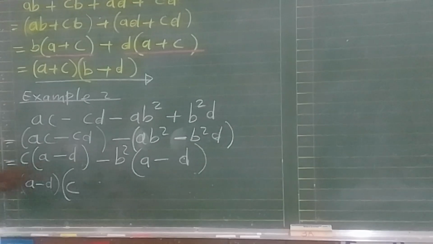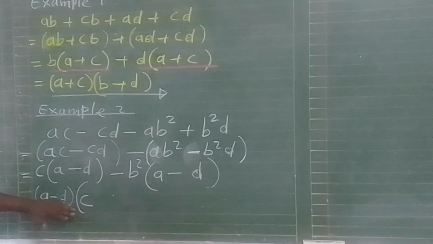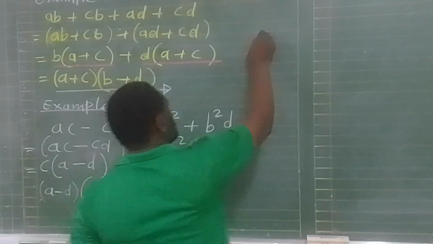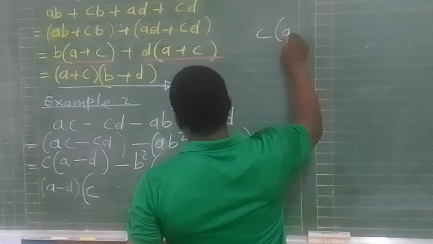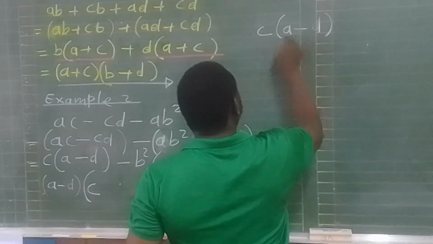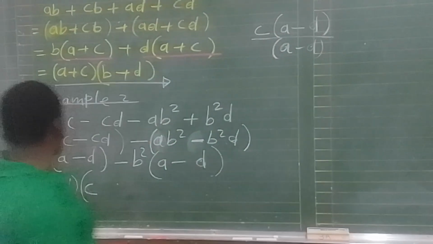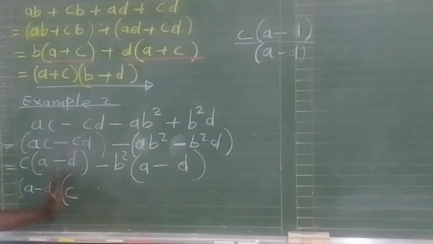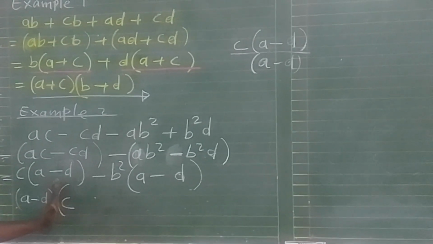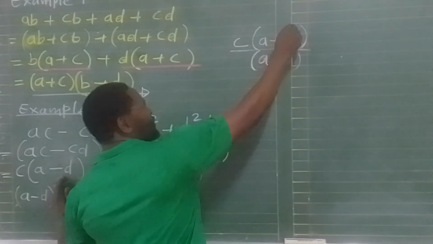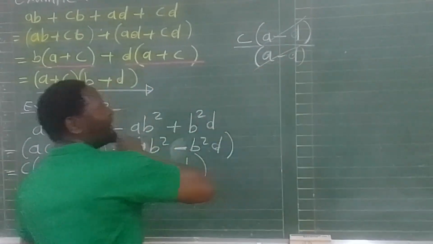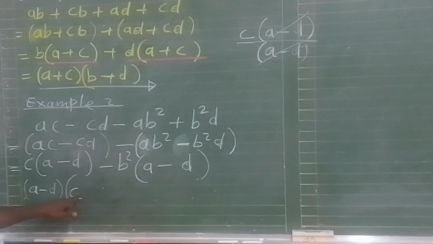In other words, if you don't understand this, just take this A minus D. You say C times A minus D divided by A minus D, because I have taken this out. If I take it out, I have to divide it by that. Now you cancel. You are left with C